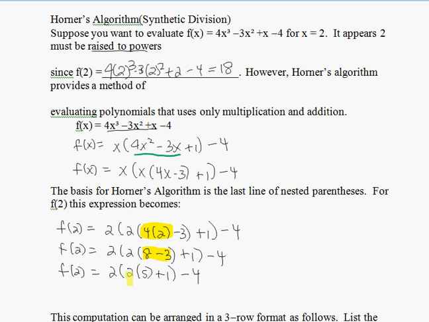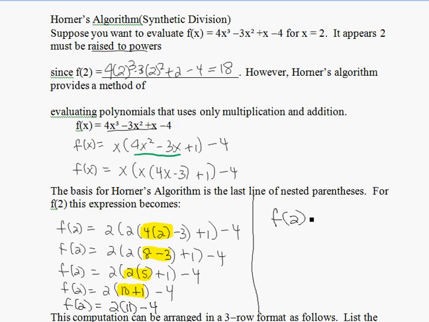So now I'm going to multiply the 2 and the 5. I get f of 2 is 2 times 10 plus 1 minus 4. Add these two. I get f of 2 is equal to 2 times 11 minus 4. So finally I get f of 2 is equal to 22 minus 4, which is 18,